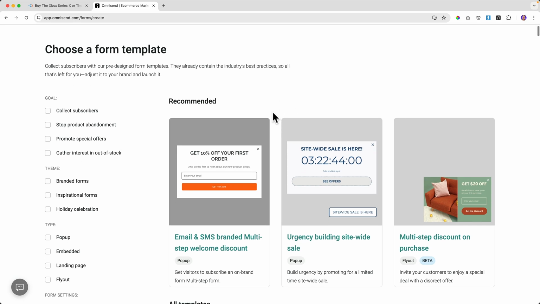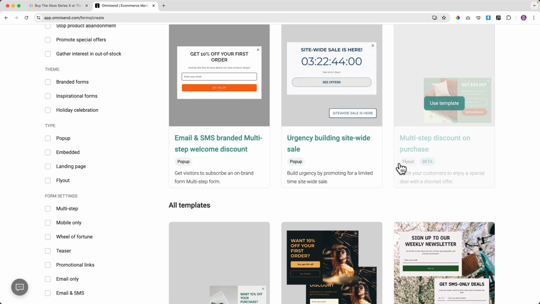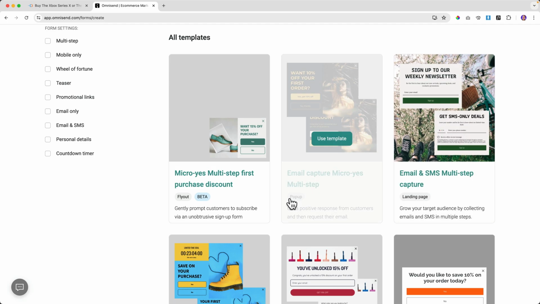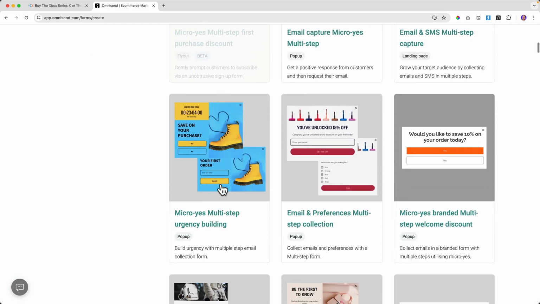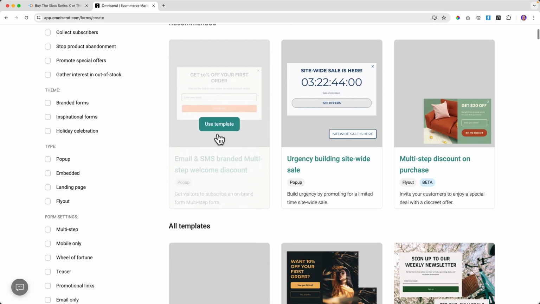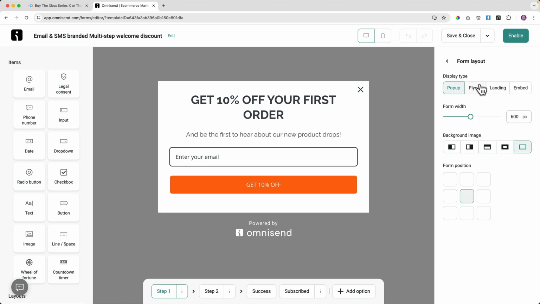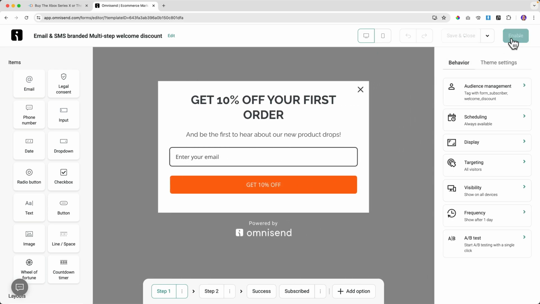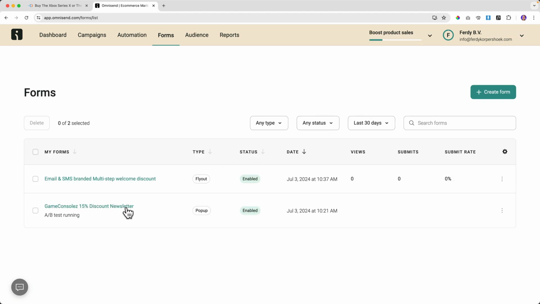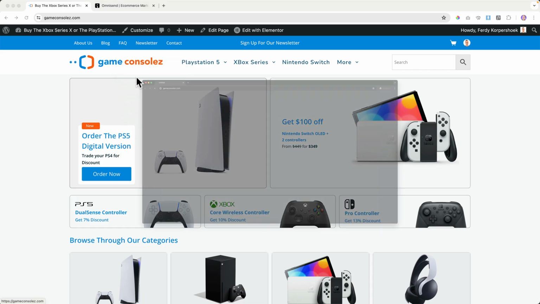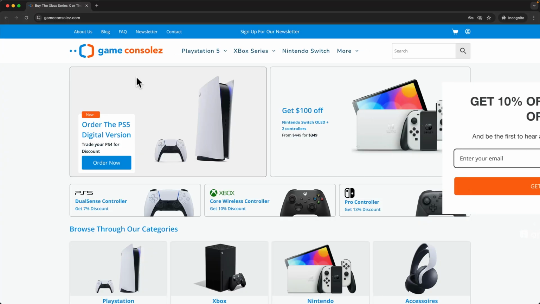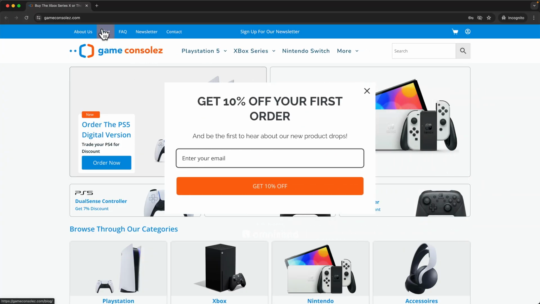So what you will see, here we see a pop-up, fly out, landing page pop-up. So there are multiple form types. So I can use this one. But now I can go to the theme settings, form layout. Right now it's a pop-up. I can also make it a fly out. Almost the same. Let me show you how that works. I enable it. So this one is shown with scrolling. This one is shown directly. So I open this in an incognito window and it's a fly-in. So look at this. There it goes, like that. That's a fly-in.